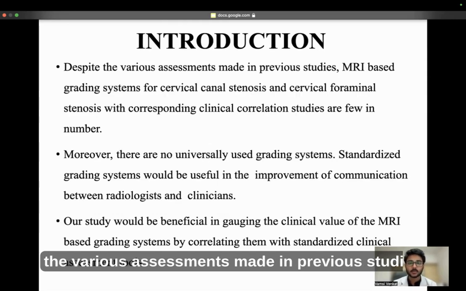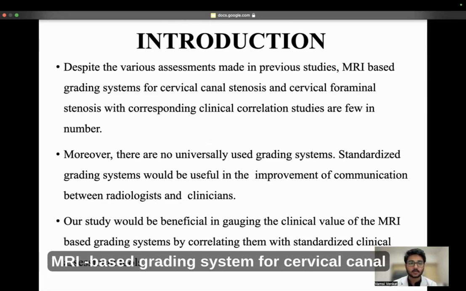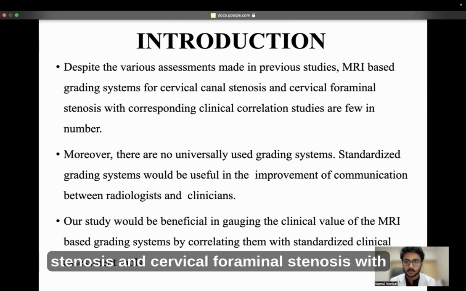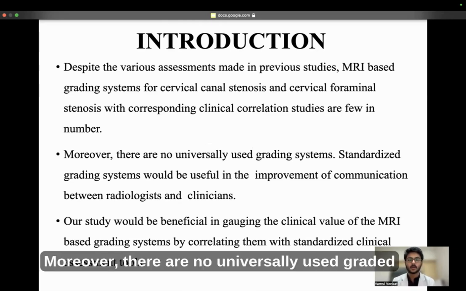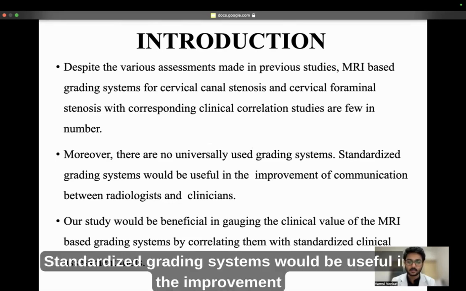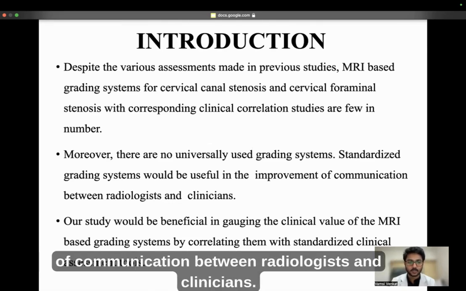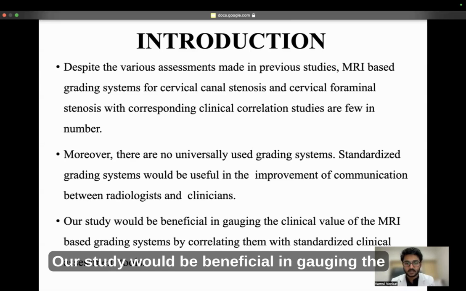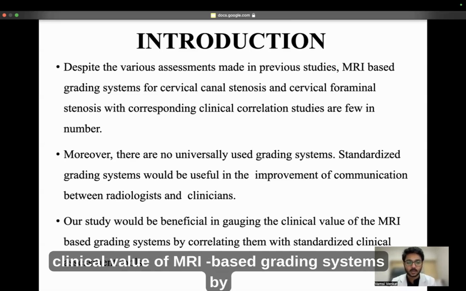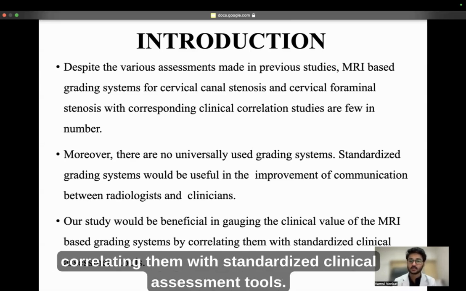Despite the various assessments made in previous studies, MRI-based grading systems for cervical canal stenosis and cervical foraminal stenosis with corresponding clinical correlation studies are few in number. Moreover, there are no universally used grading systems. Standardized grading systems would be useful in improving communication between radiologists and clinicians. Our study would be beneficial in gauging the clinical value of MRI-based grading systems by correlating them with the standardized